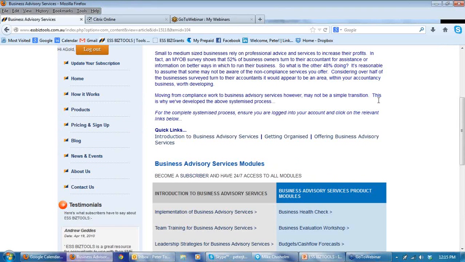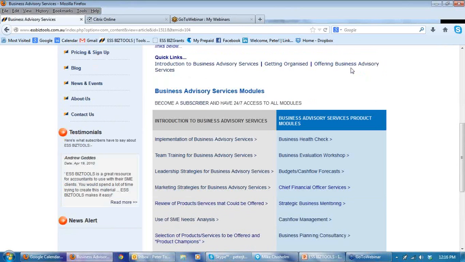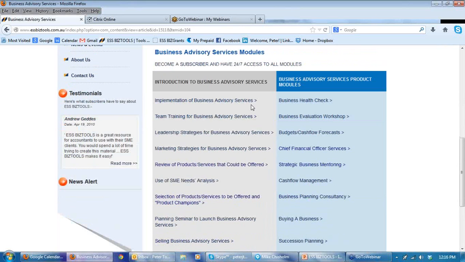And what we're going to consider first of all is what's on the left-hand side, the introduction to business advisory services, with the greyish sort of background. There's 9 modules that are prepared, ready for use. And to give you an idea of what's included in one of these, we'll go into implementation of business advisory